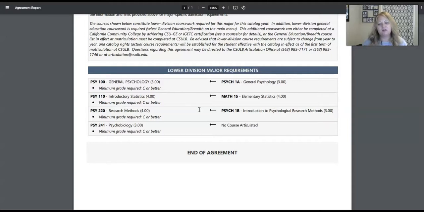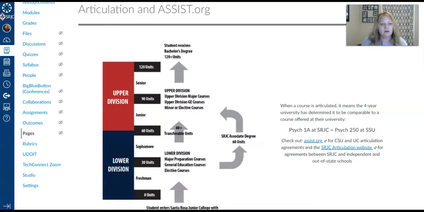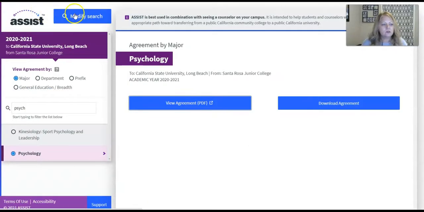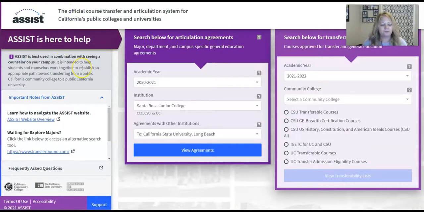Digging deeper into a campus for their major is important, so that you don't end up going to a school and the major is not the path that you want to be on, okay? The ASSIST website, also, let's go back. Here we go. So see this statement, "Explore majors"?